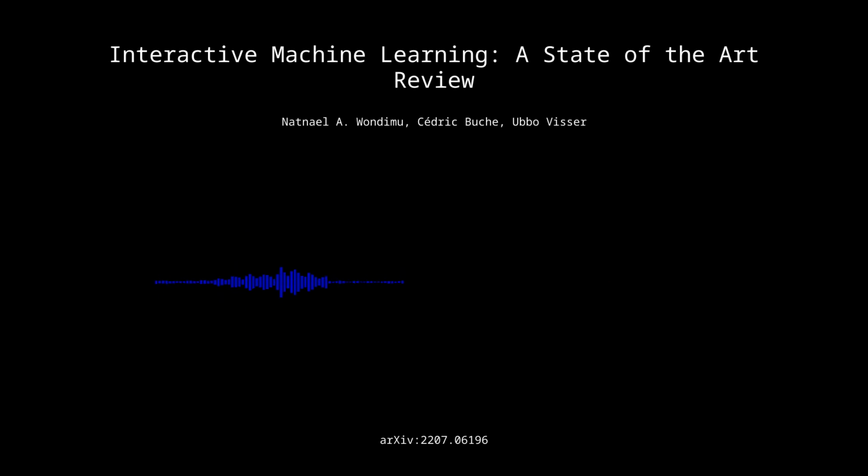Exactly. And as we discussed before, evaluating IML presents a significant challenge. Right. Traditional metrics might not be sufficient to capture the complexities of human-machine collaboration. Yeah. We need new methods and frameworks to assess the performance of IML systems accurately and comprehensively. So it's not just about measuring the accuracy of the algorithm, but also understanding the quality and effectiveness of the interaction between humans and machines. Precisely, this involves considering factors like the clarity of the interface, the interpretability of the model's explanations, and the overall user experience. It seems like evaluating IML is a multifaceted challenge that requires a more holistic approach than traditional machine